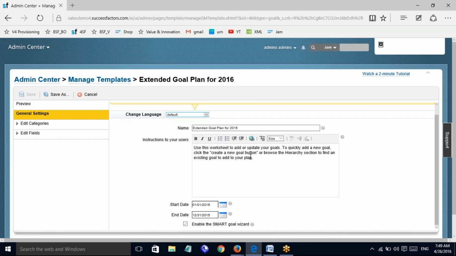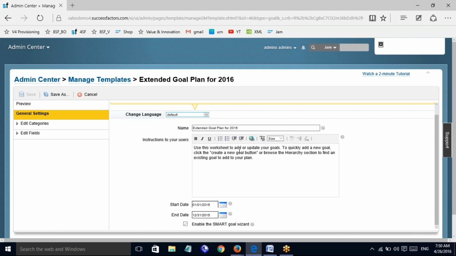And when a goal plan is assigned to the users, when the user is going to create one, this description you see as instruction is the one which they will see by default, remember.